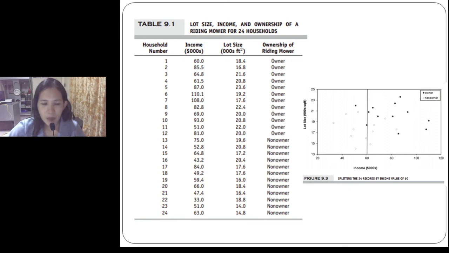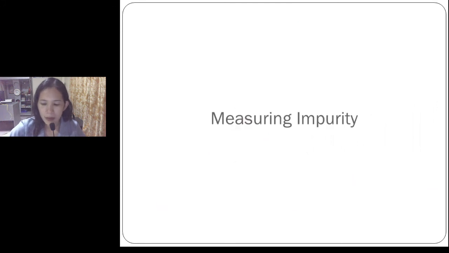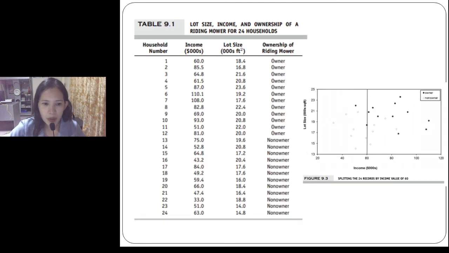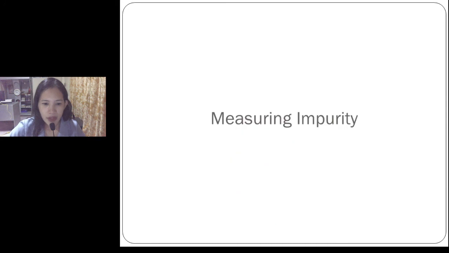The x sub 1 and x sub 2 space is now divided into two rectangles, one with income less than 60 and the other with income greater than or equal to 60. This is illustrated in figure 9.3. We will show you how to manually find the split, but before that, let's